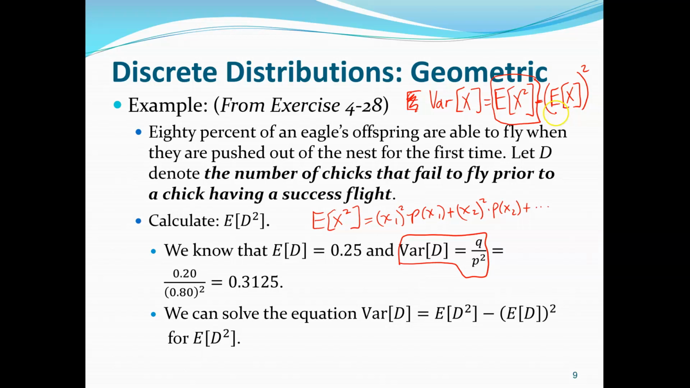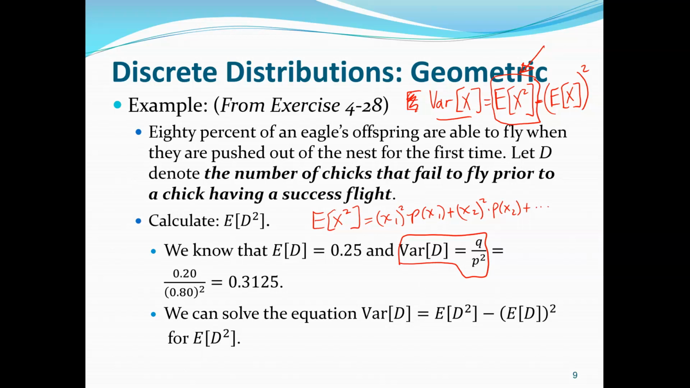I already found the expected value of X in the previous slide, and so we know what that is. And I can go on and solve this for this value right here. So that's what we're going to do. First, we're going to find the variance of D. Variance of D is q over p squared. Q is 0.2. P squared is 0.8 squared. And that gives us